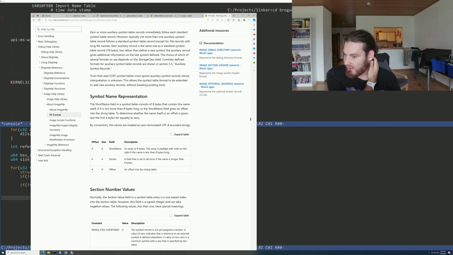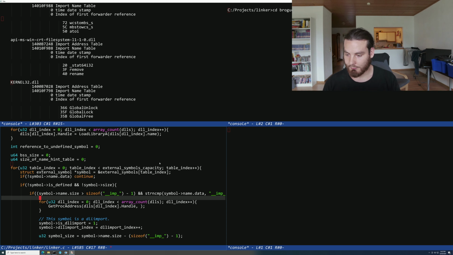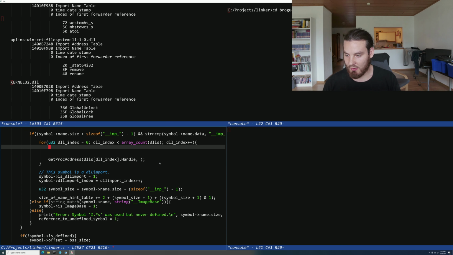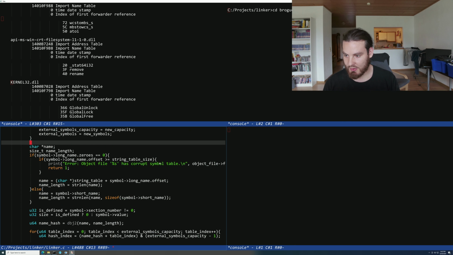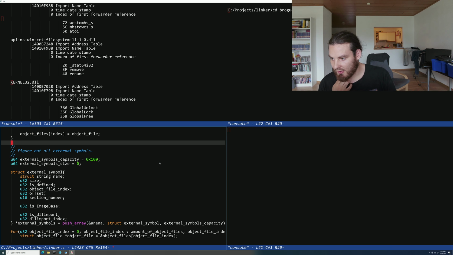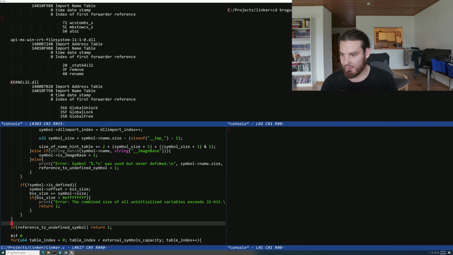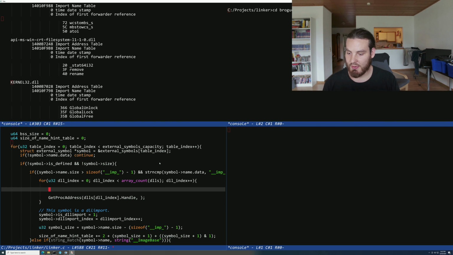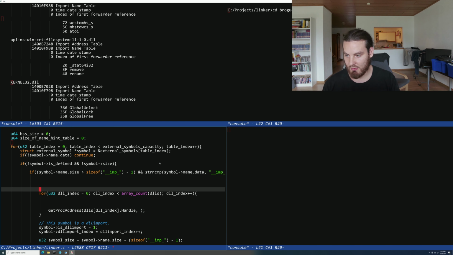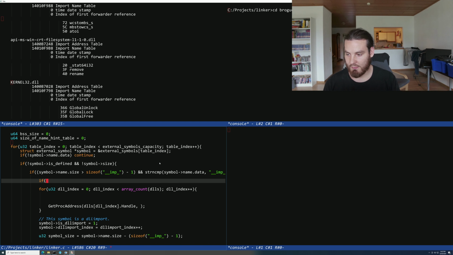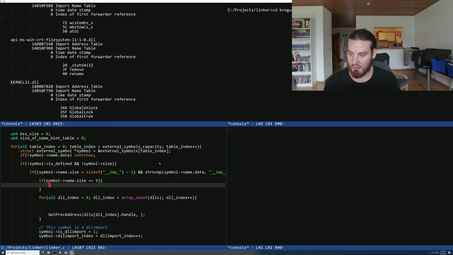Okay. So I guess we need to copy. Are we able to just use the arena here, or is there anything daisy chaining going on? No, I think we can just use the arena, so it's more or less fine. We only need to copy if and only if the string is of size 8. So if symbol name size is 8, then